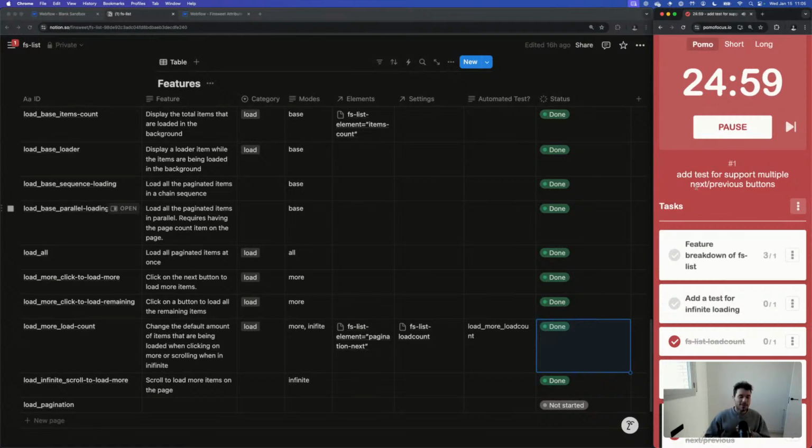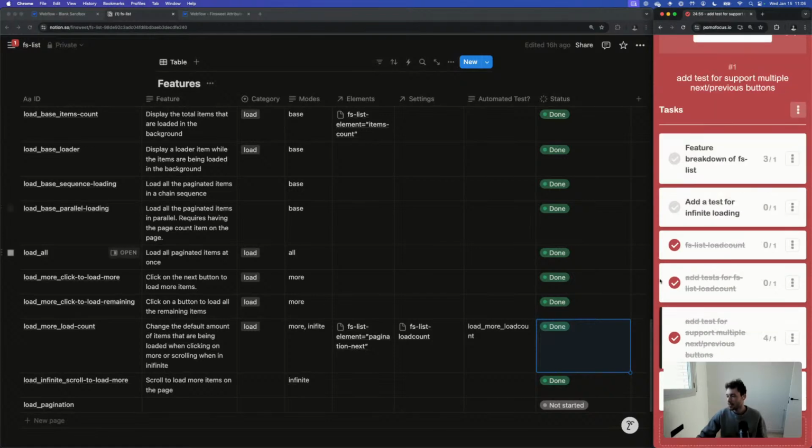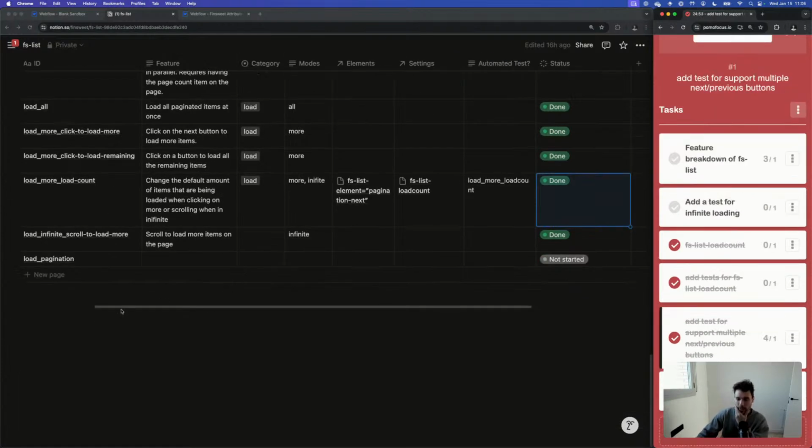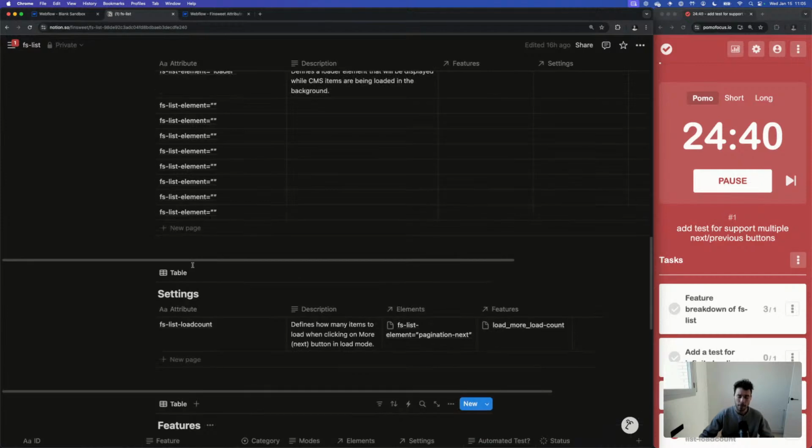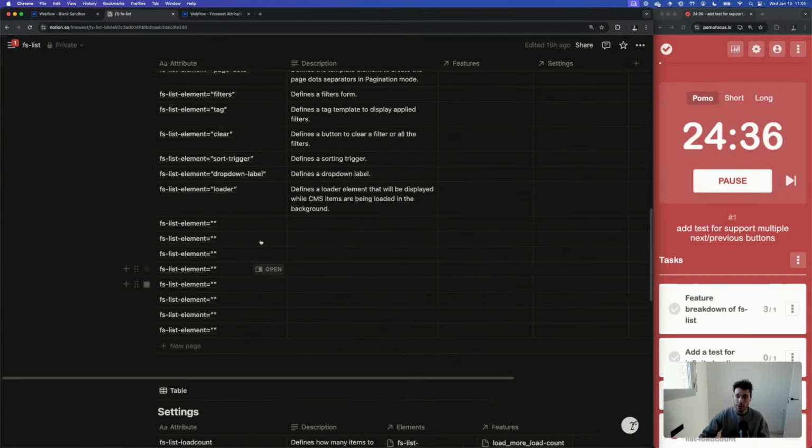Let's go. Let's deep focus. Okay, great. So as I'm mentioning, today it's filter time. So the first thing that I want to do, in this feature breakdown that I'm doing, is list everything related to filtering so it's easier for me to track all that I've done or that I have to do to finish up everything related to filtering.